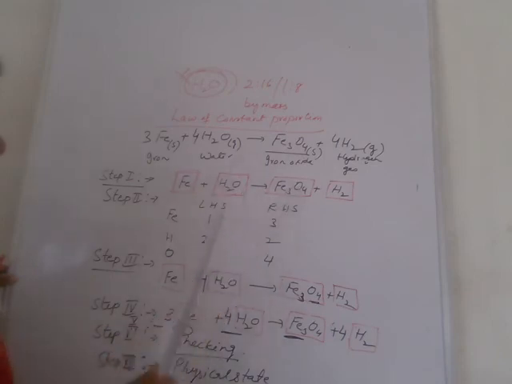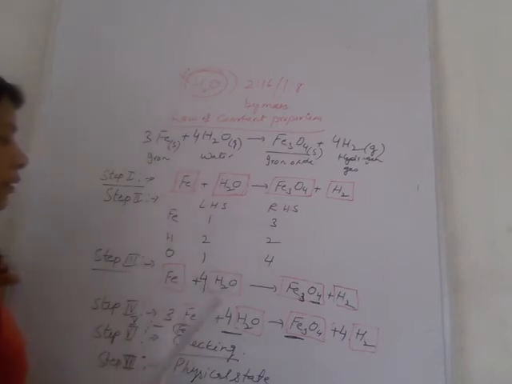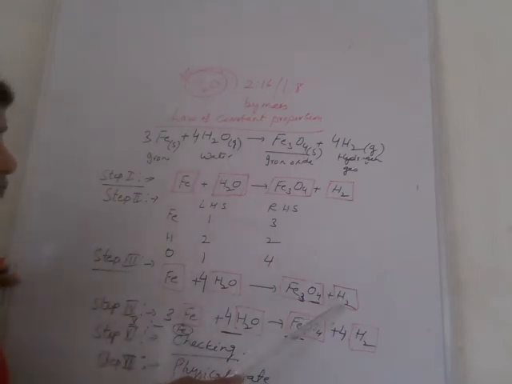तो ऑक्सीजन बैलेंस करने के लिए we have written 4 towards the left hand side in front of water. So our oxygen is balanced. In the fourth step we will balance hydrogen. We are left with hydrogen and iron, so we can balance anyone. So in the fourth step we will balance hydrogen. So here are 2, but this side it becomes 8. So we are to write 4 in front of the hydrogen.